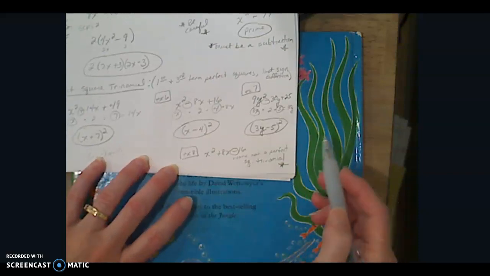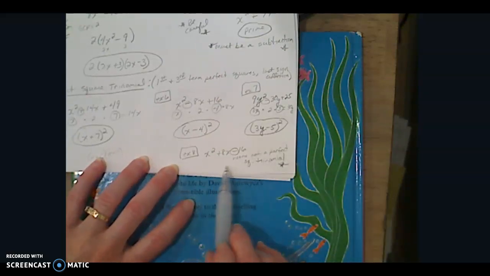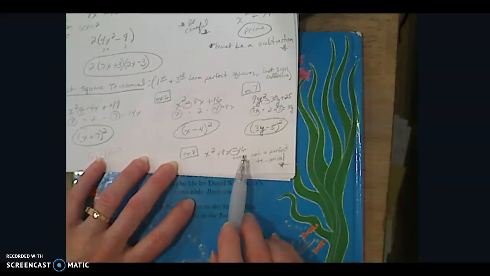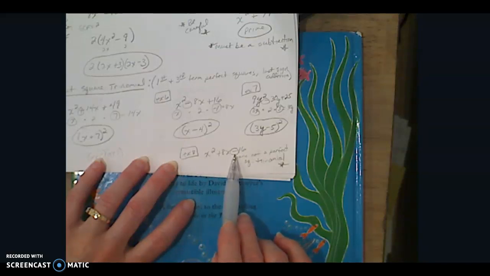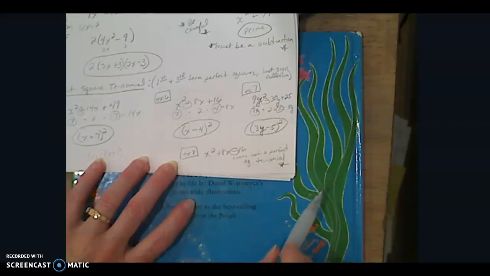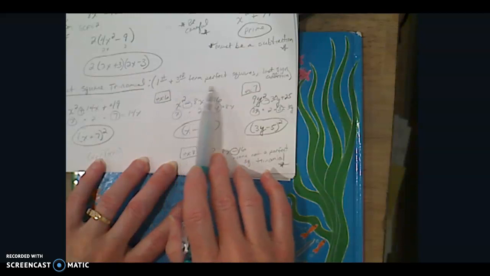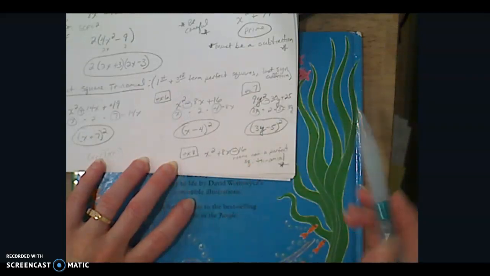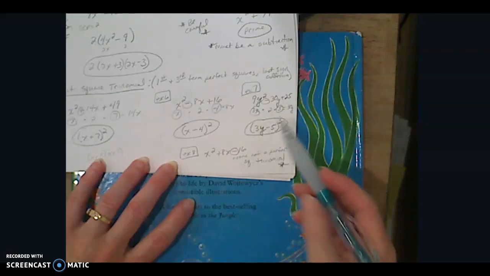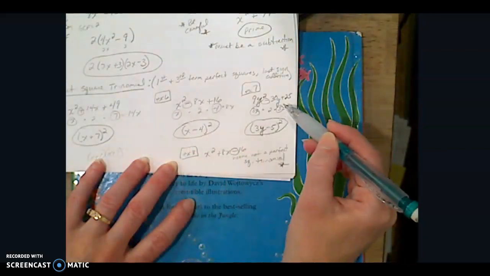So practice with it. Now, I gave you an example here of one that is not. So when you look at this, you're thinking, hey, it's a trinomial. X squared is a perfect square, and 16 is a perfect square. And you're right. The problem is this minus sign at the end. It's never going to be a perfect square trinomial. A perfect square trinomial, the first and third term have to be perfect squares, and the last sign has to be addition. If you have that, then you're going to go through what I showed you in these 3 examples,